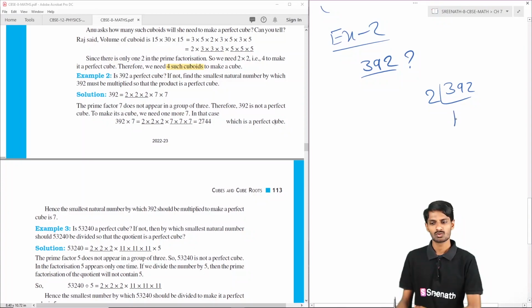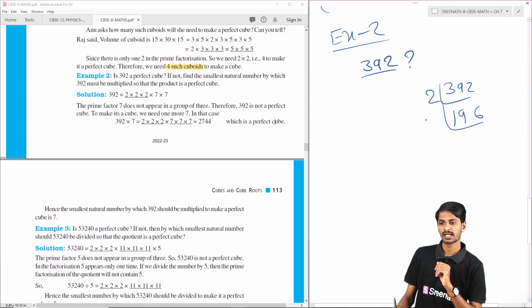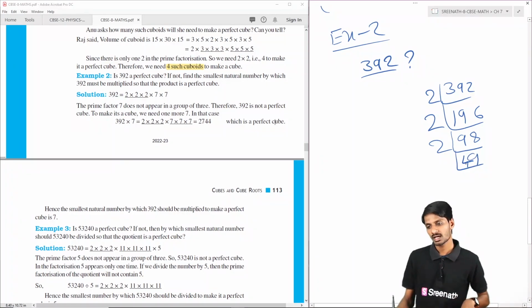So 2 ones are 2 and 4 twos, it becomes 19, and 9 twos are 18, and 6 twos are 12. Then again 2 table, 9 twos are 18 and 8 twos are 16, and again 2 table, 4 twos are 8 and 118, 9 twos are 18. So it comes,